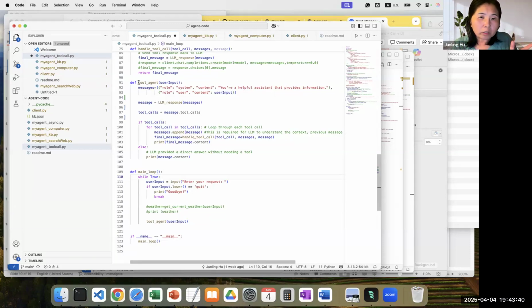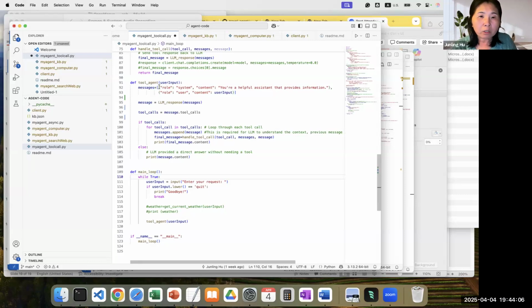So what does the agent do when it receives a user command? It formulates that into a message. This message will be sent to your large language model, whether it's OpenAI, Grok or Gemini, or your local Llama 3 or DeepSeek. They all use a similar kind of format.